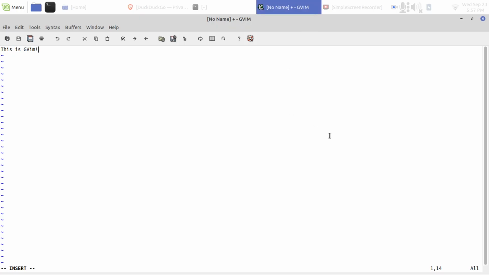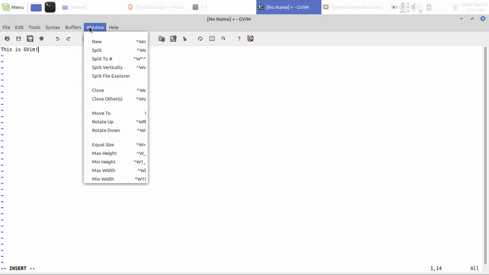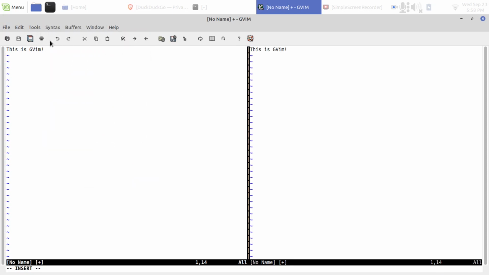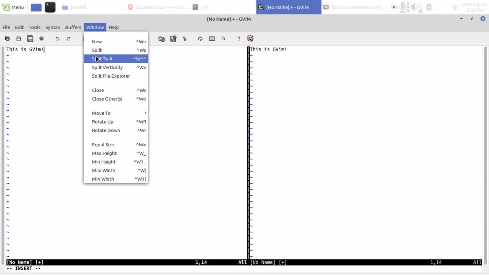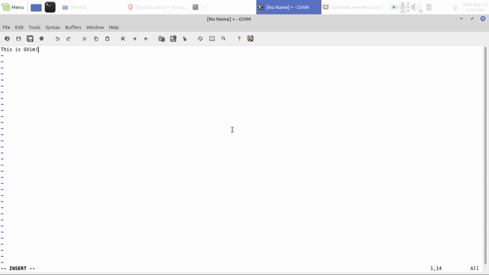So this is gvim, which is a GUI front end for Vim. And this almost looks like Emacs. It's got the menu bar, it's got the toolbar, and you have buffers now. I understand this is relatively recent. You have windows, so you can stack windows and tile windows, and you can split windows. So let's just split this vertically, and then you can get rid of that by closing one.